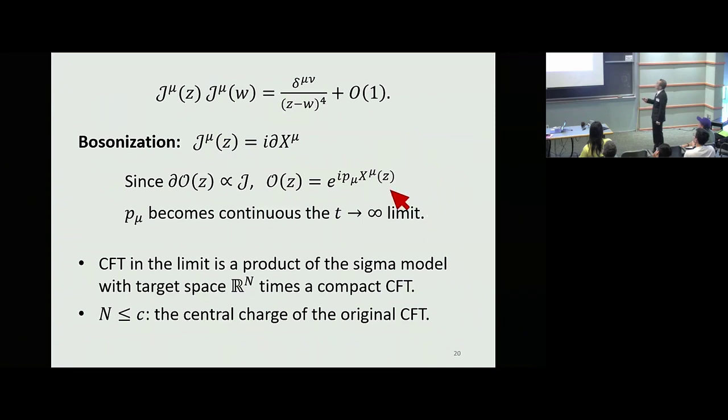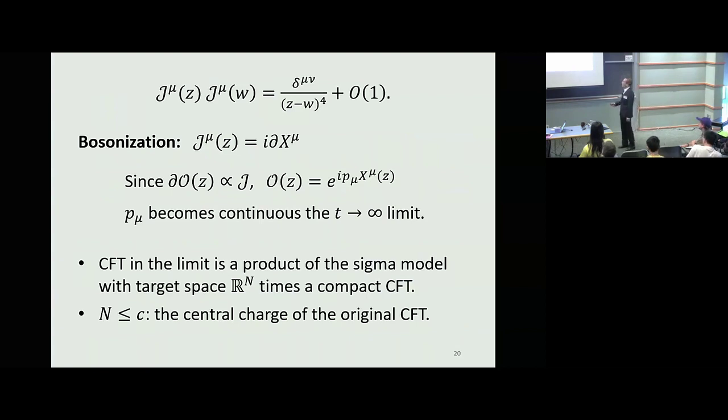So therefore, we can show that in the limit, you have this algebra of free operators. In fact, you can bosonize them. And since the derivative of O is like the exponential of J, you can show that O is the vertex operator. And you can show that P mu becomes continuous in the limit of T going to infinity. So this shows that the conformal field theory in the limit is a product of a sigma model with target space decompactified to R^n,